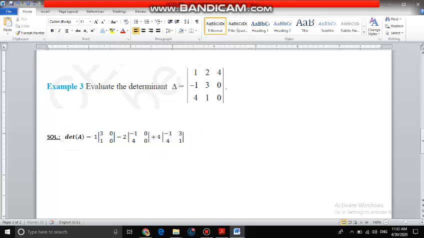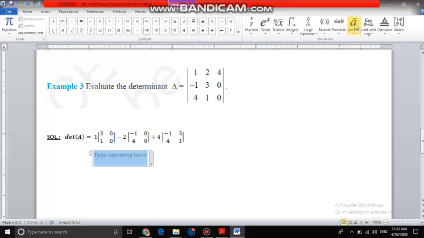Now how do you simplify this one? It is equal to 1 into, let me take the equation only, so that minus 10 looks bigger. 1 multiplied with, I think you already know how to find this determinant. 3 into 0 minus 1 into 0, then minus 2 into,